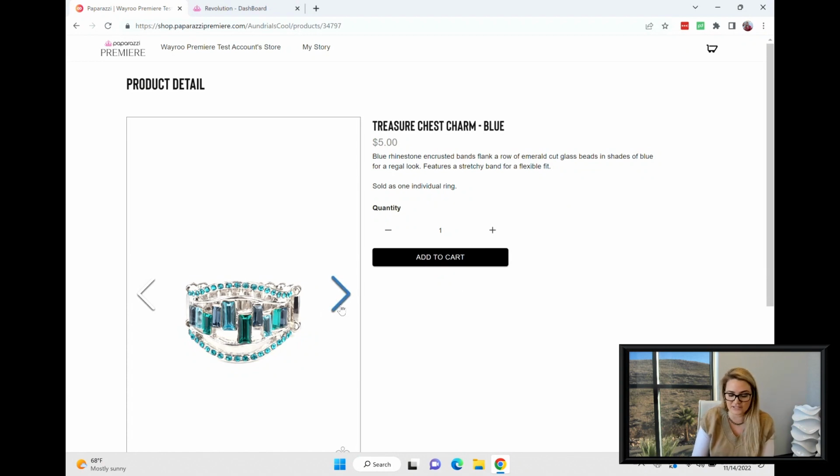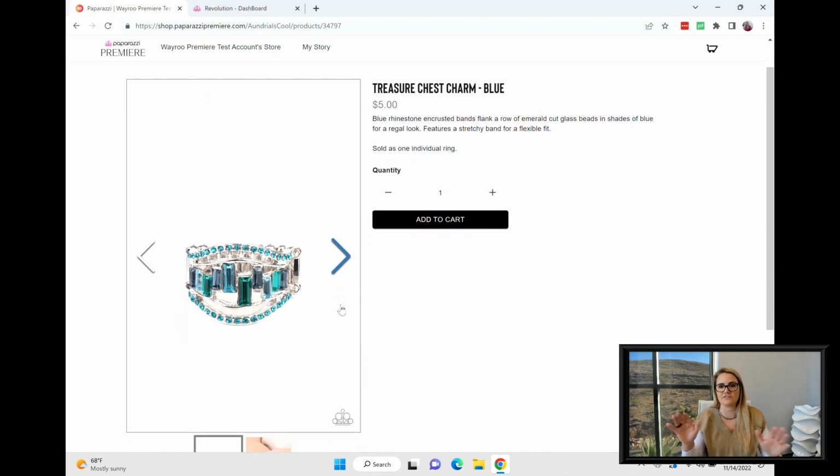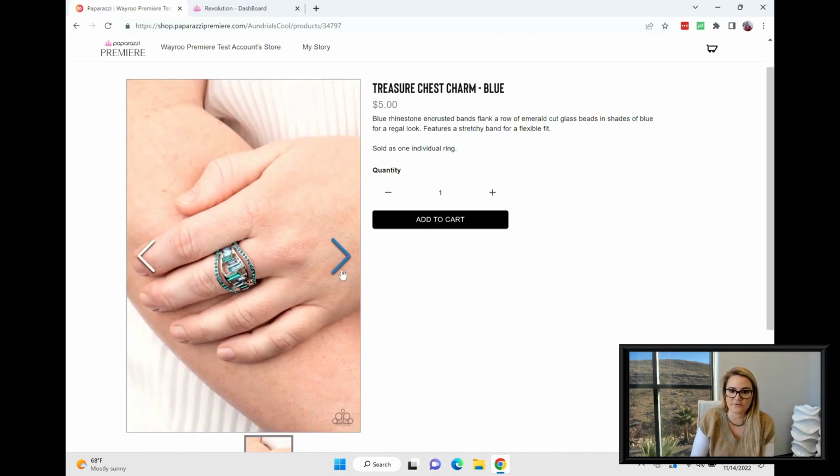You have the images that come directly from Paparazzi. So you never have to upload images. You don't have to search for images ever again. And you have all of the images that are related to that item. So if I choose to add something to the cart here,